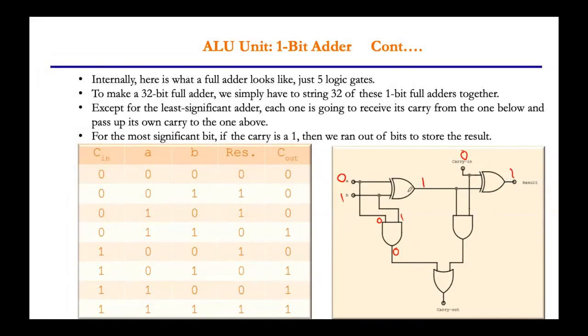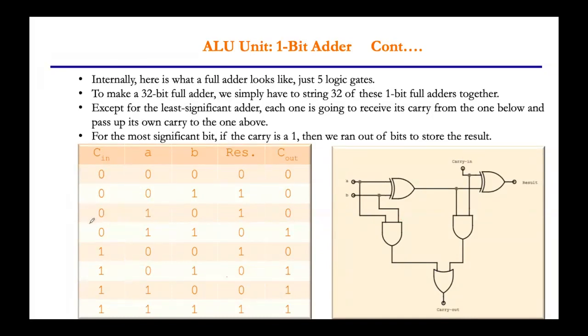So same, the output of your exclusive OR is given as an input to your AND gate, and your Cin is given as an input, then 0 into 0 is 0. The OR gate result for 0 plus 0 is 0. Result is 0. Okay. So then another number, if you take the third case,